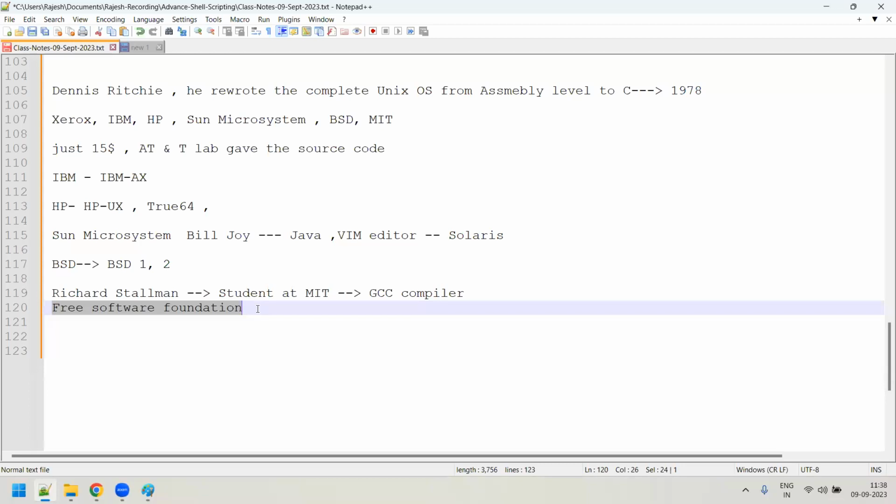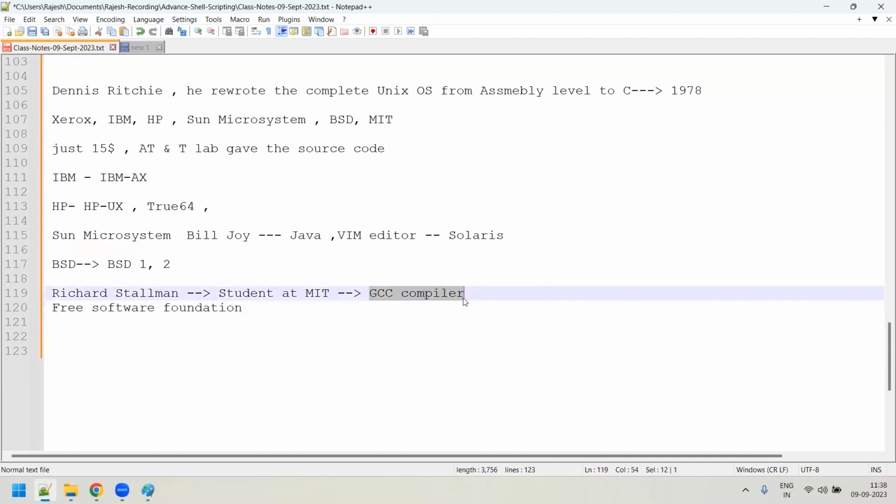Anyone can go to the code, understand the code, and even modify the code. So Richard Stallman took the whole GCC compiler code and kept it under the Free Software Foundation. There is a website also, I think fsf.org.